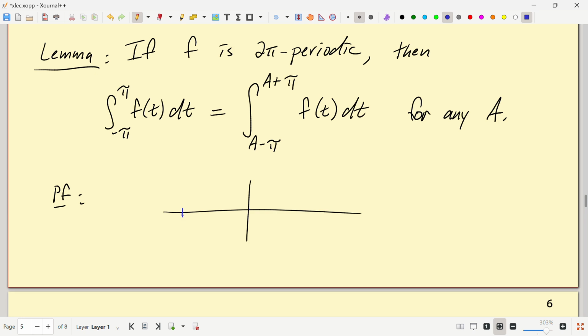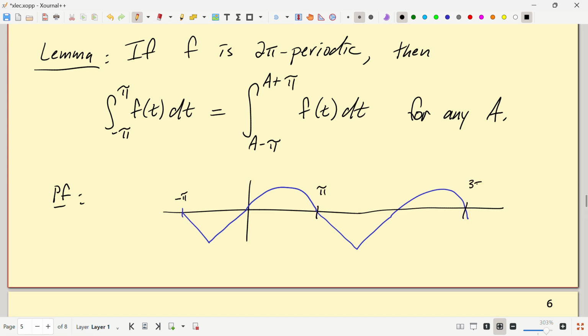Here's minus pi. I'll take one side to be like this and the other side like that. It's 2 pi periodic, so the next one would be like that, etc. Let's say this is minus pi, this is plus pi, this is plus 3 pi, etc. And I integrate from, let's say right here, a,